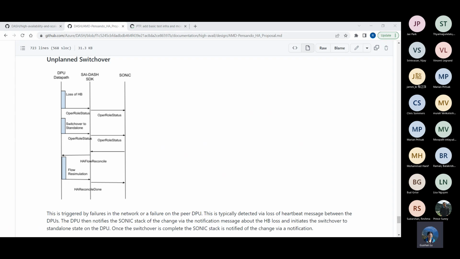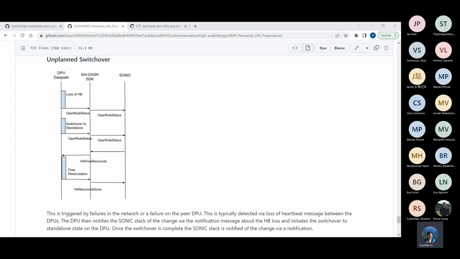There is a little bit of coordination, right? For example, in the planned one, on the data plane there is a behavior change, right? The active one has no need to send the same traffic to the standby one.